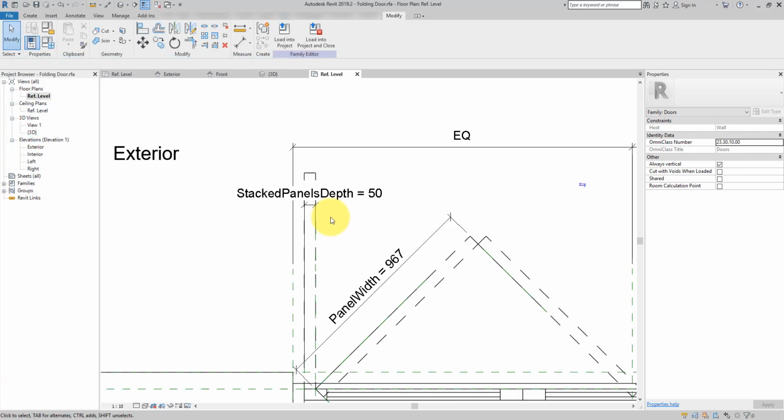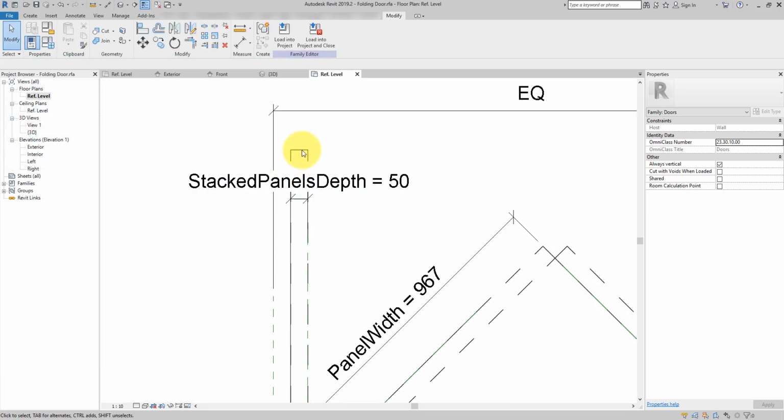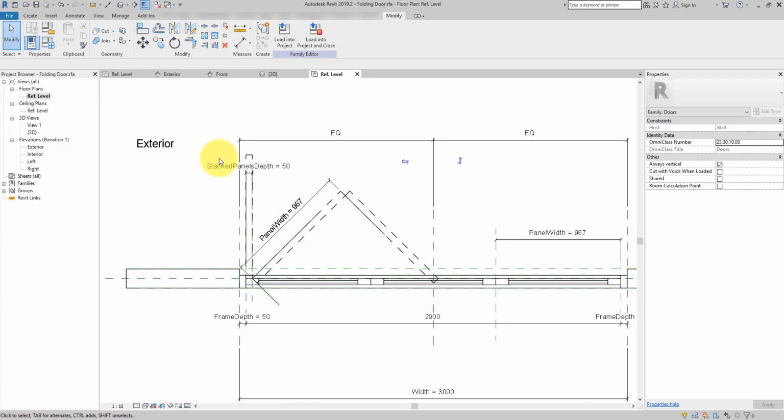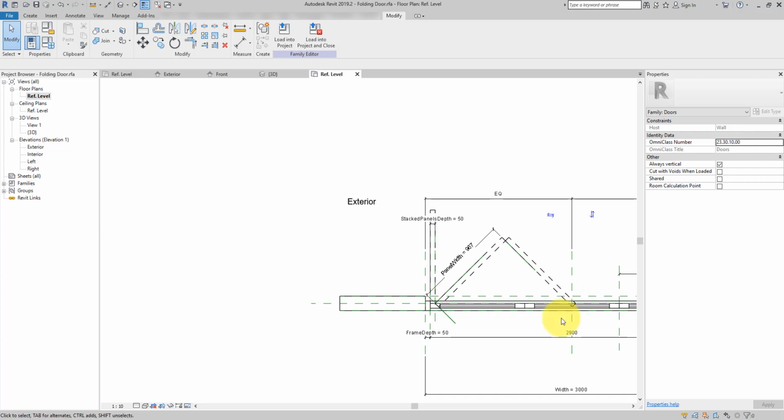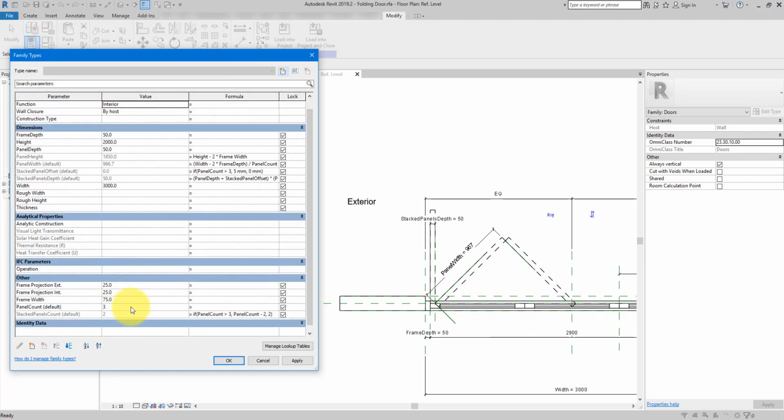Here we go. Now I have one single panel, but actually there are 2 there. They're just at the same place. Now you may ask me, what if we only have 2 panels in this door? Let's try that. If I go to here and change this to 2. Firstly, this one remains at 2, so it won't raise an error. This one is now 0, that's fine. If I do OK,